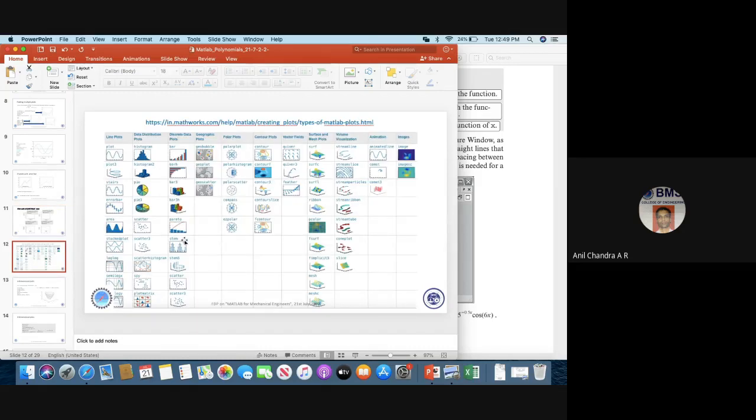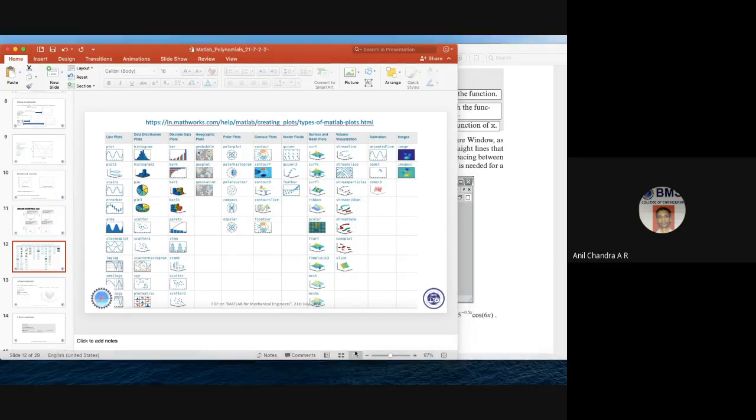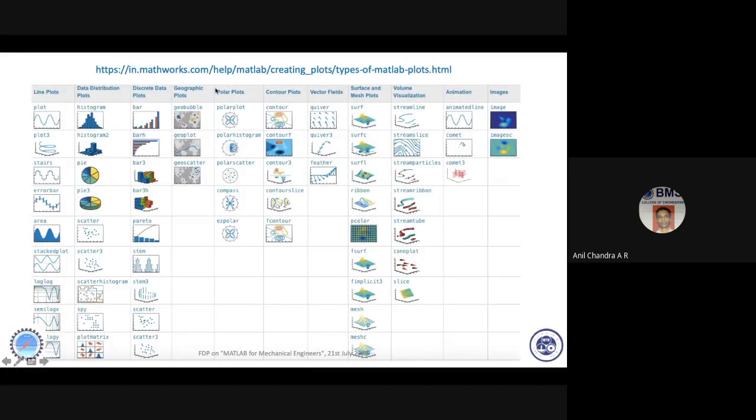If you go to MathWorks, this is the website. The beauty of this is, if you go to this web page, click on each link. It will take you to the kinds of plots you can do, and not necessarily only this, you can do much more than this. If you want to plot a histogram, click on this. It will give you the syntax and prompt you how to do it, and you can explore that.